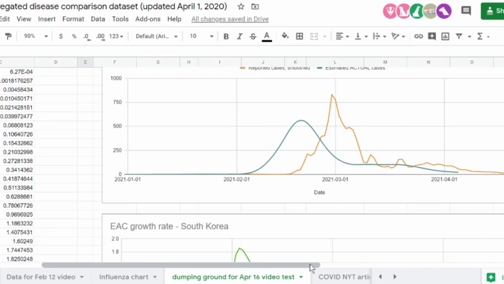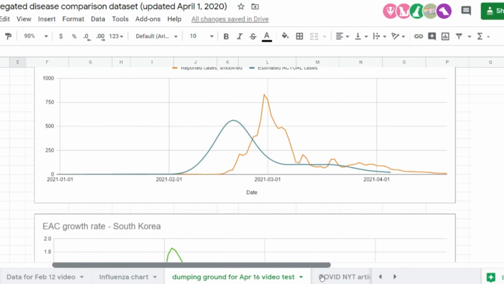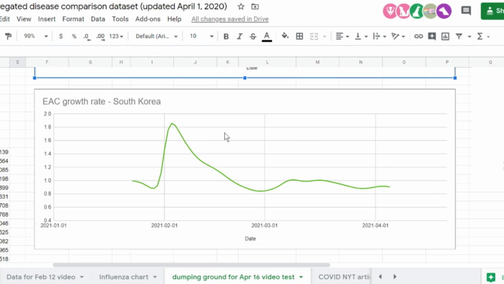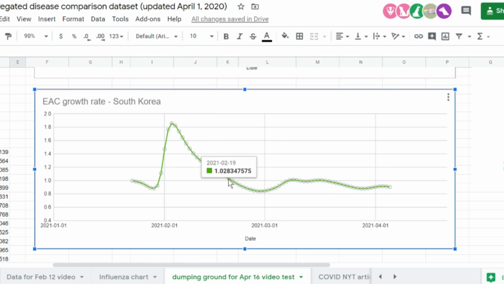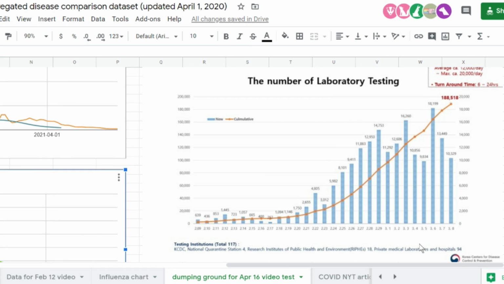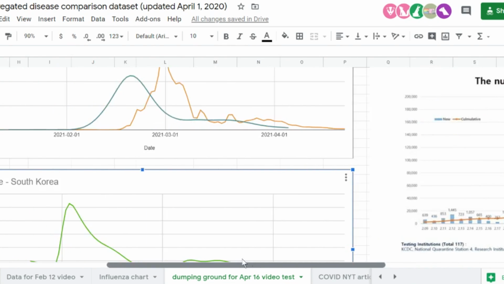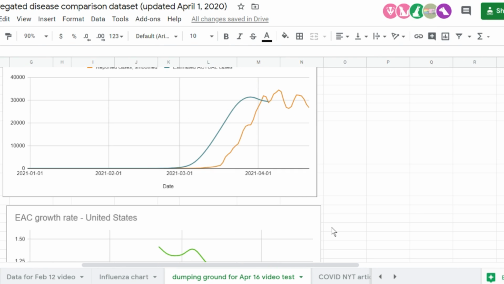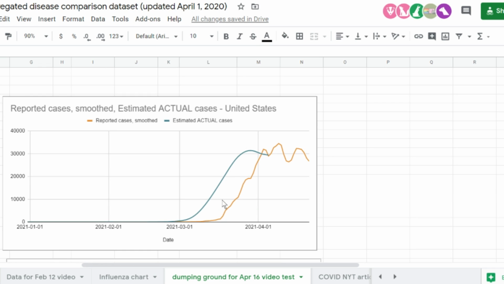South Korea is harder to say because they never went on full lockdown, and part of the reason their case count went up so quickly at the end of February was just because they were testing so much. So it's really hard to say whether this huge lump in mid-February actually means anything. But the growth rate was already falling below 1 in late February, which was way ahead of any other non-China country. Korea executing their plan for rapid testing seemed to work really well for them. And then the United States is the hardest one to really say because every state went on lockdown at a different time, and there were also different severities of lockdown.